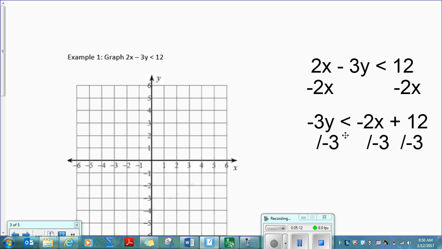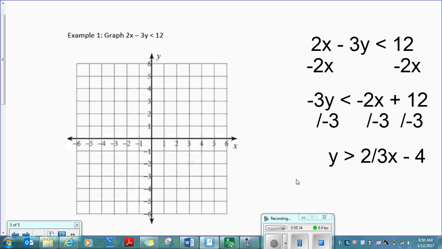Now we go ahead and divide everything by negative 3. Because we are dividing by a negative, we are going to have to flip this sign, so keep that in mind. So now we have y is greater than or equal to 2/3 x minus 4. So you can't really determine what kind of line or shading until you're done and you get y by itself. Okay? So now that we have y is greater than or equal to 2/3 x minus 4, we are going